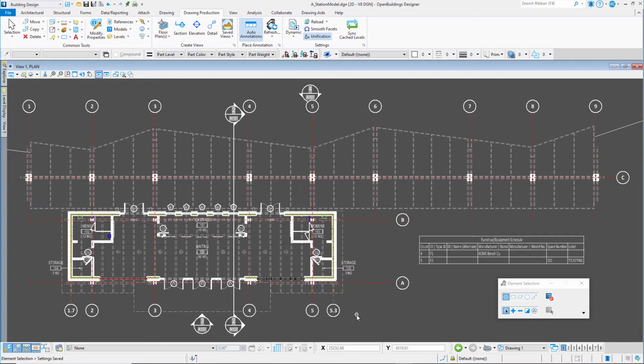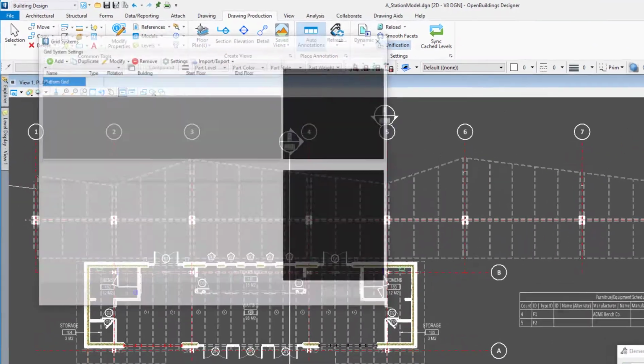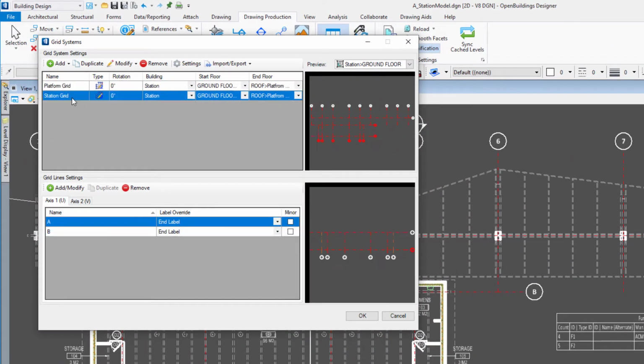OpenBuildings Grid System Manager gives you the ability to create multiple grids for a single project. This is useful when there are multiple buildings on a site, or even when a single building has multiple parts where grids may want to be managed separately. For instance, in this project, I created one grid for the station building and a separate grid for the platform